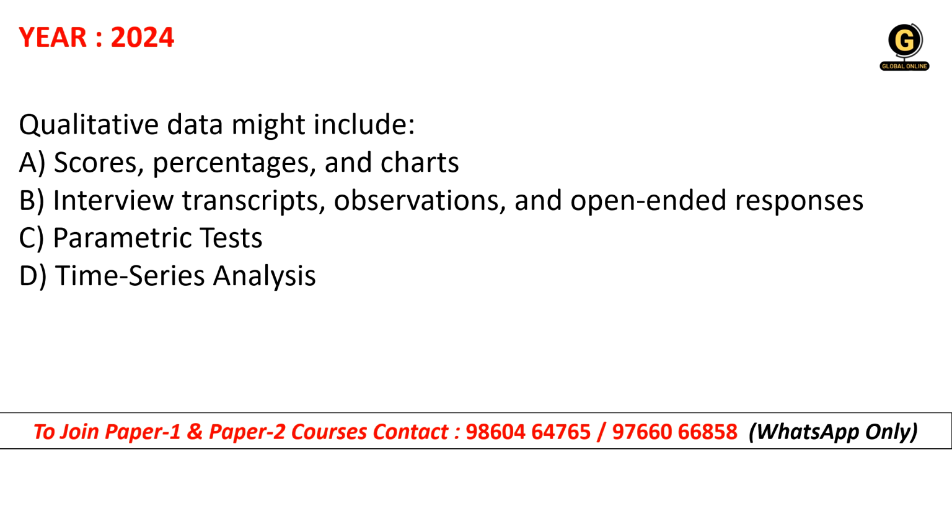Qualitative data might include: A, scores, percentages and charts. B, interview transcripts, observations and open-ended responses. C, parametric test. Or D, time series analysis. So right answer is option B, that is your interview transcripts, observations and open-ended responses, right? Qualitative data describes basically the qualities and meanings. Okay, like non-numerical data or non-numerical insights which is gathered from the text or visual data, not the numbers, not